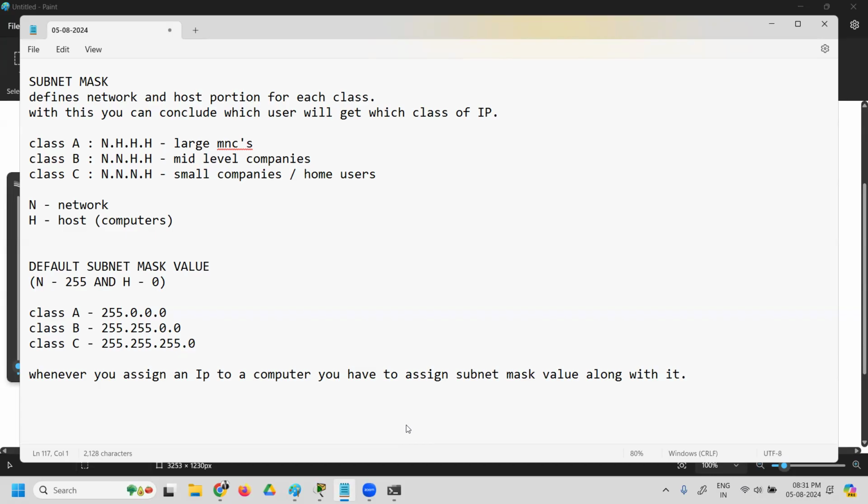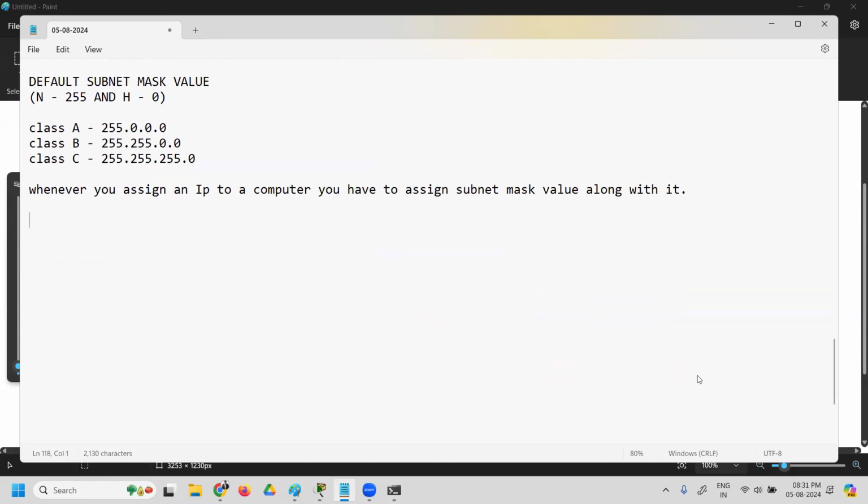All right. So now that you know how to identify a class when you see an IP address, 13.10.11.15, you know the class, right? It is class A. When you know the class A, you should also know the subnet mask. For class A, the subnet mask is one network portion and three host portion. So next time when I ask you what is the subnet mask for class A, you don't have to struggle to say 255.0.0.0. Don't stress. Just say one network, three host.